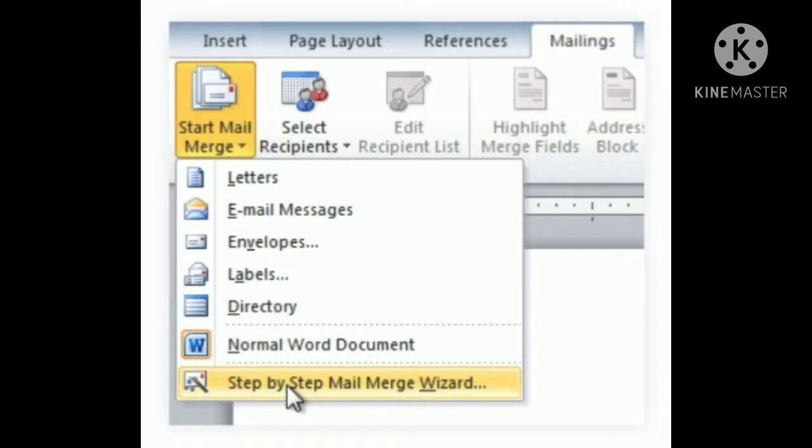Word document, recipient list, Excel worksheet.